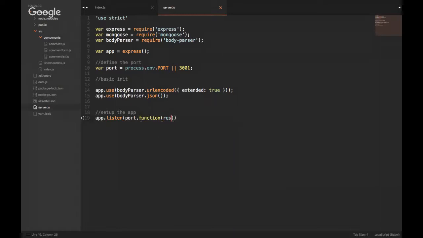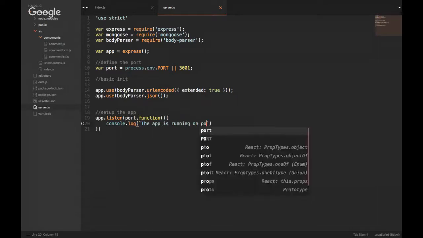In the callback, we are going to get a res, req. I don't think we get a res or req. No, we don't get anything. That is in the app.get thing. And we are just going to console.log here. Console.log, with backticks, the app is running on port